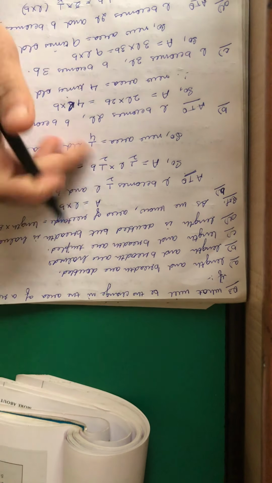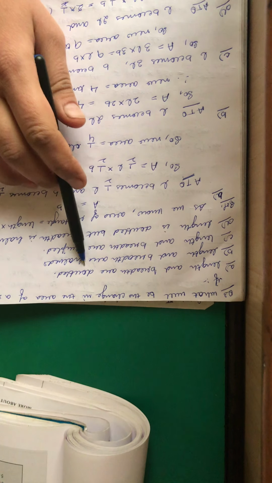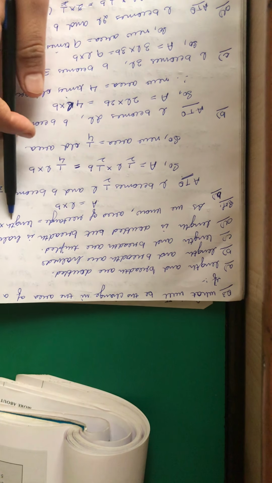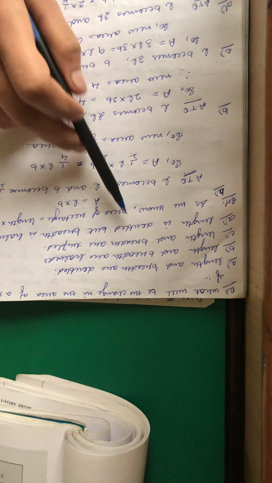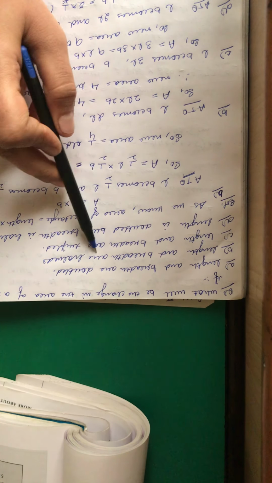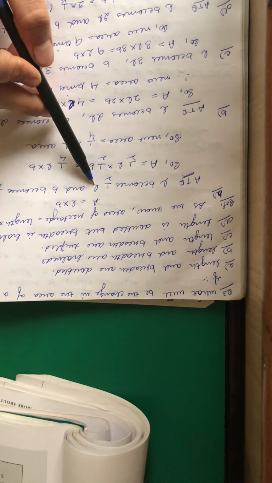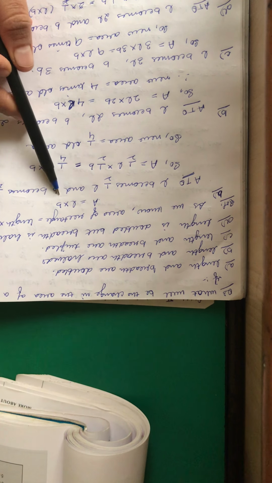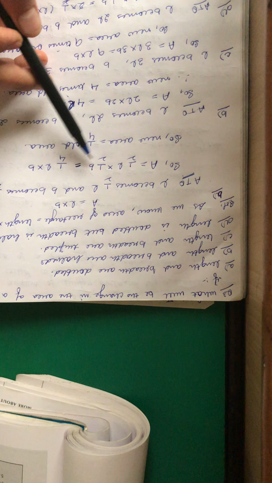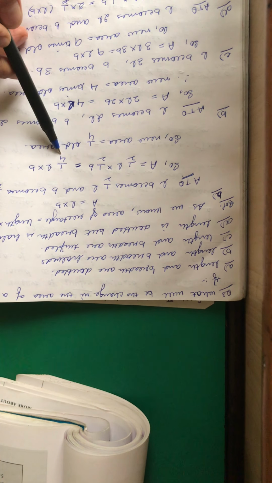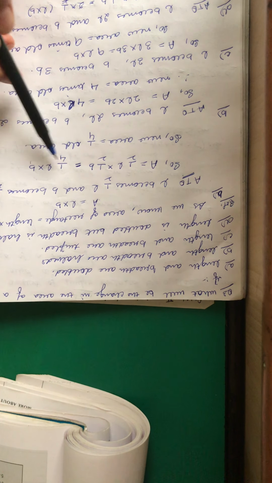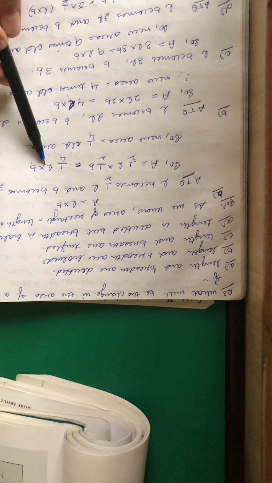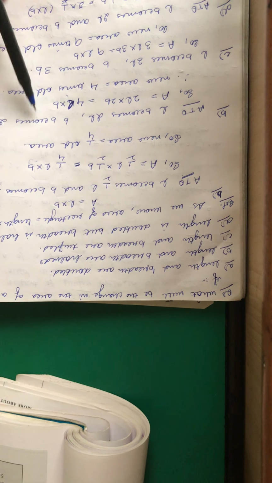Next is third question. What will be the change in the area of a rectangle if length and breadth are halved? Now as we know, area of a rectangle is length into breadth, L into B. Firstly I am doing B part, length and breadth are halved. So if length becomes half of L and breadth becomes half of B, put it here, it will be half L into half B. So half into half will become 1 by 4, 1 by 4 of length into breadth. So it means new area is 1 by 4 of the old area, because length into breadth was the old area.